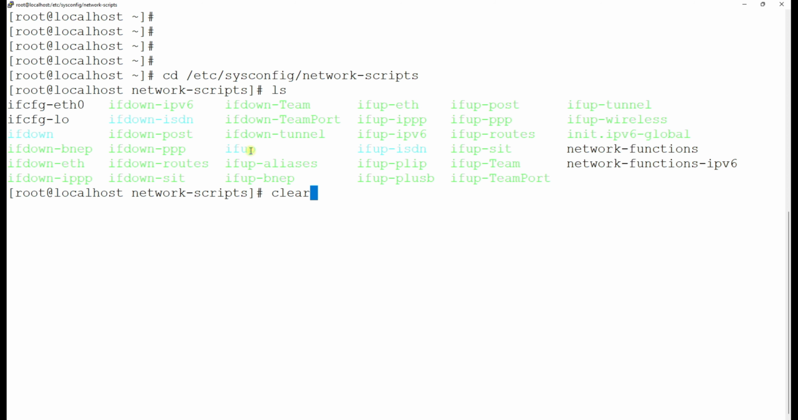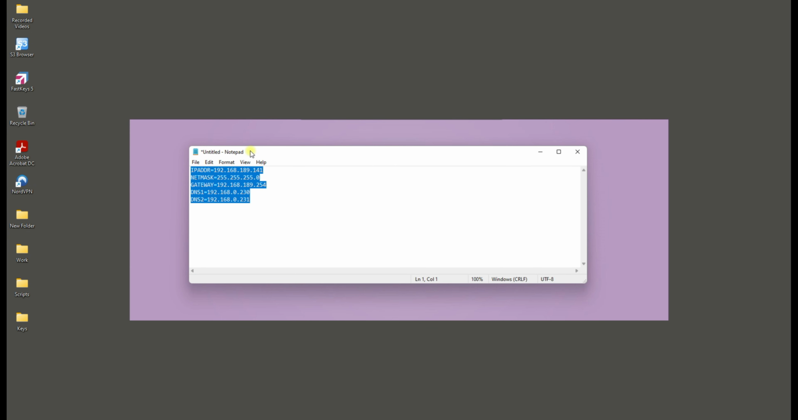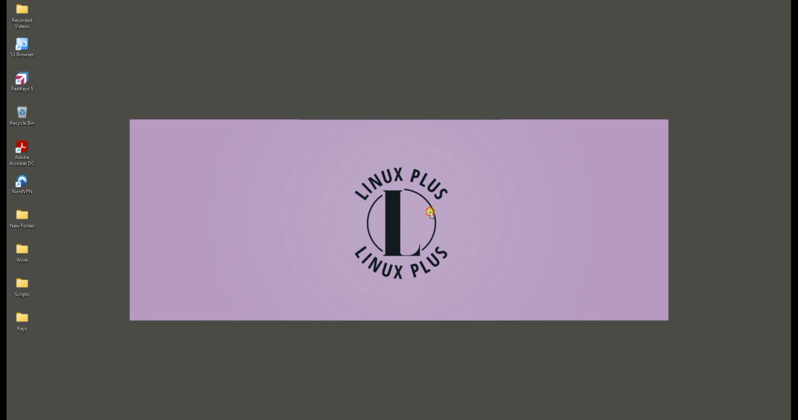So now, for example, I type clear, right? What if you don't want to type clear? Just do Control D, and it's disconnected. But you don't want that, right? Here. Now, for example, if we go again,